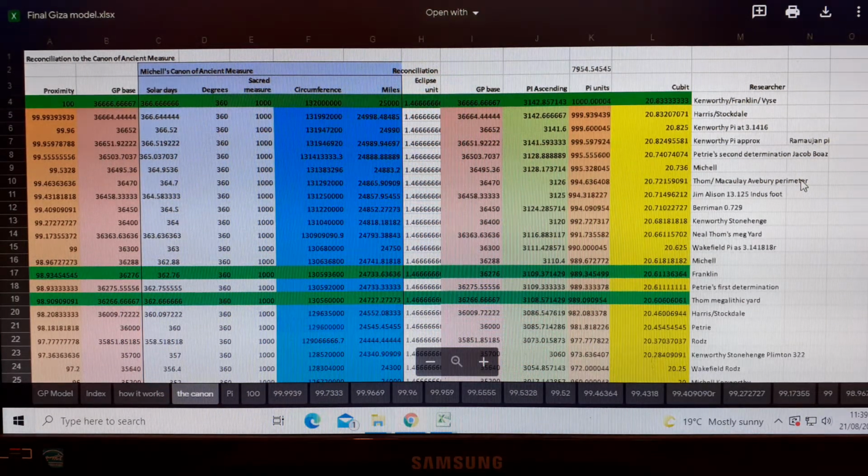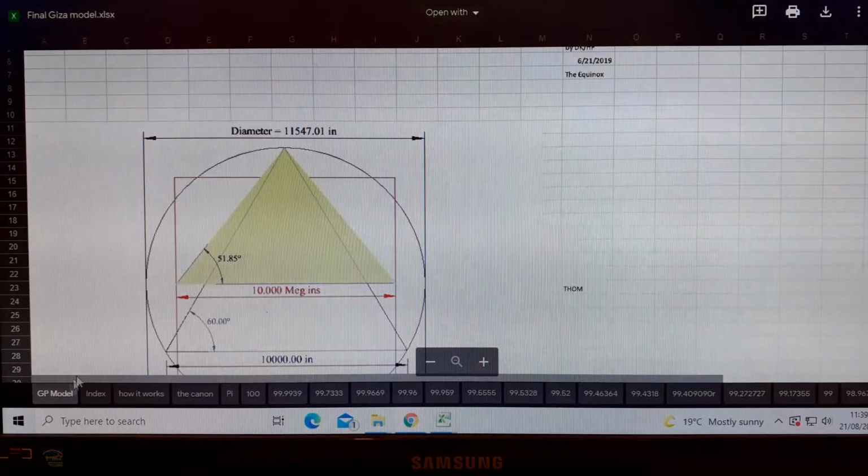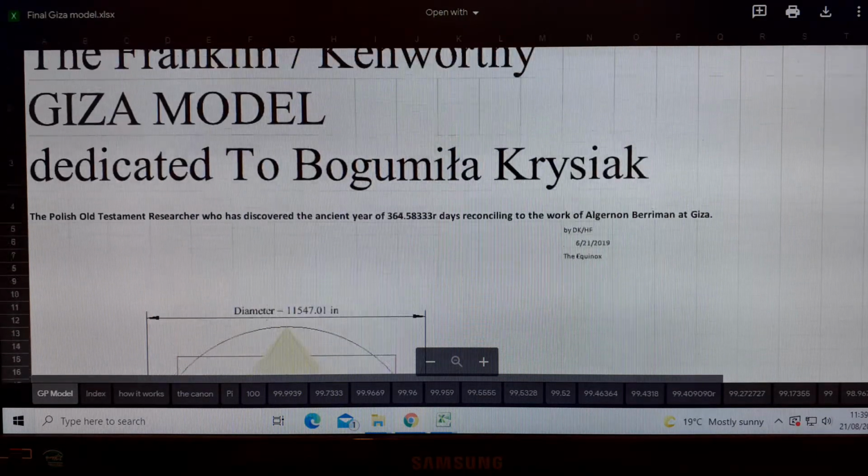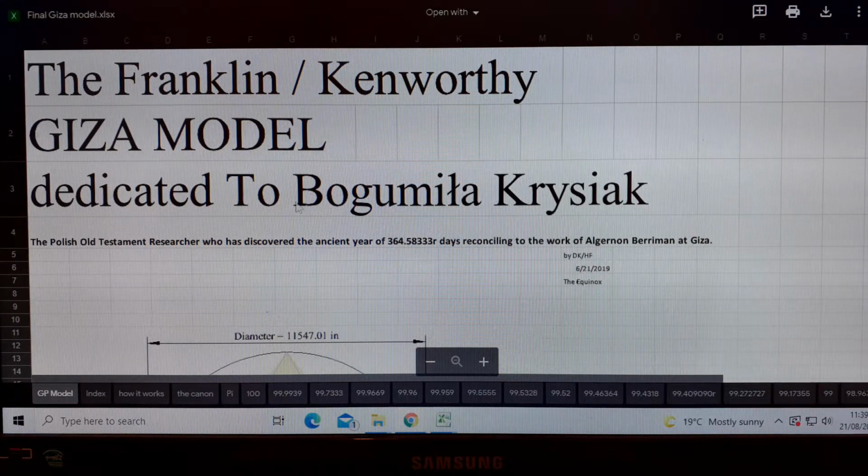Just published a video about the work of Jim Allison, and now I'm going to show you the Giza model that I put together quite a long time ago. 21st of the 6th, 2019 when this went together. It's dedicated to Bogomilia Krysiak. She's known as Rods,